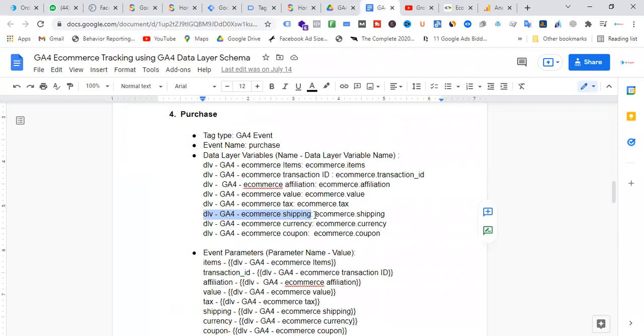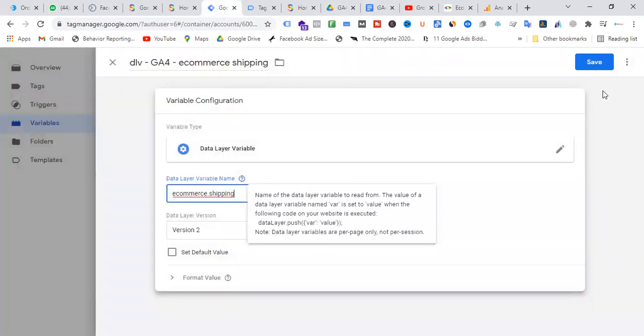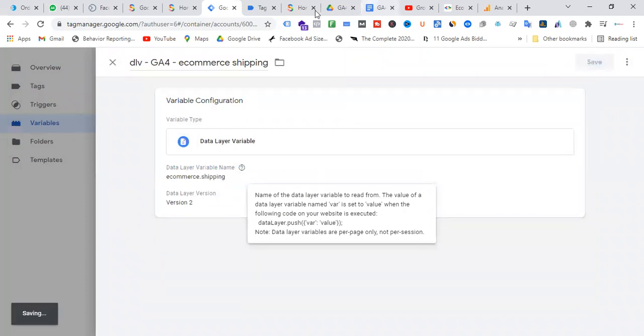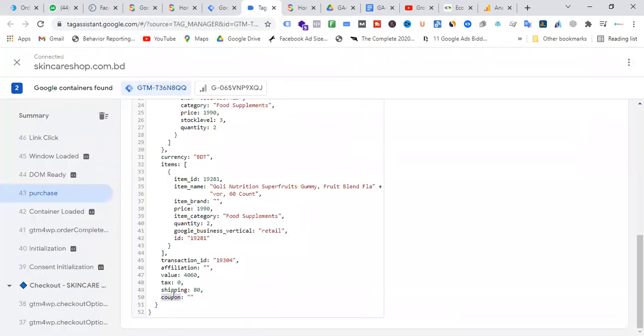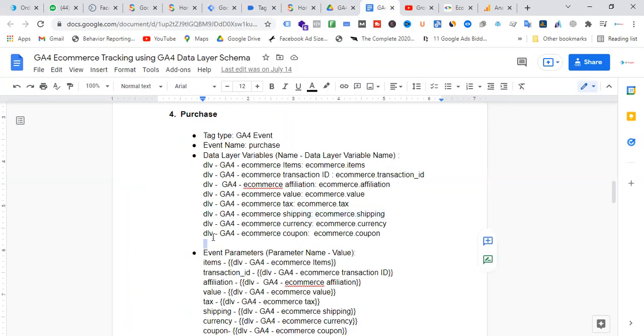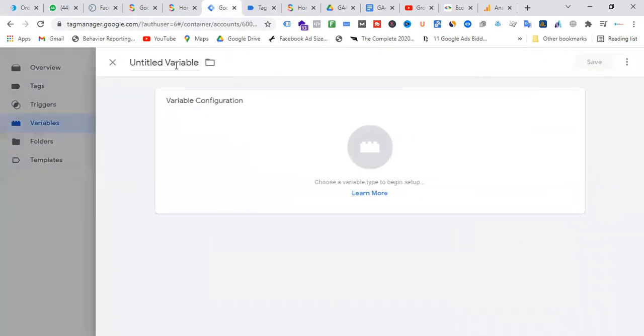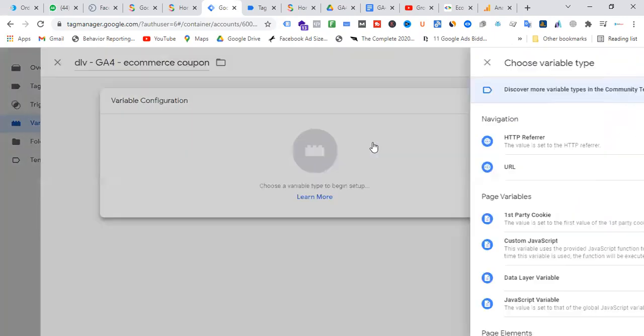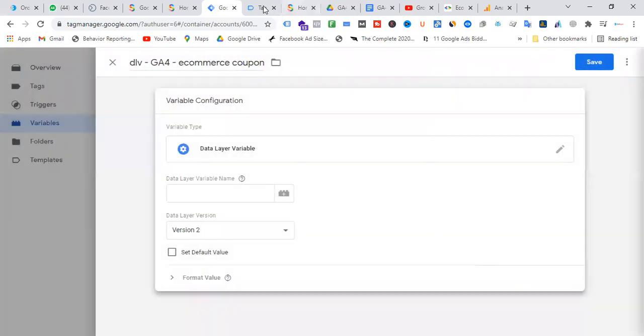Okay, done. Now we have to take the coupon. If you have any coupon, like in the e-commerce industry, coupon is very popular for promotion actually. So, coupon data layer variable.